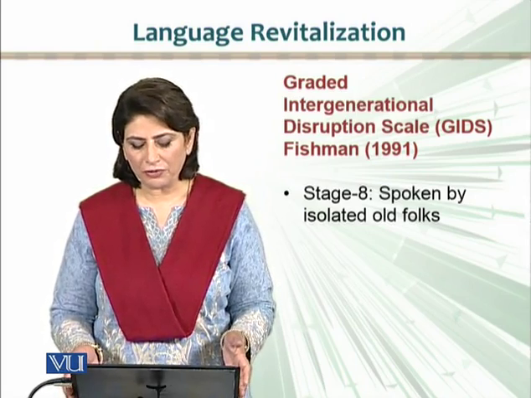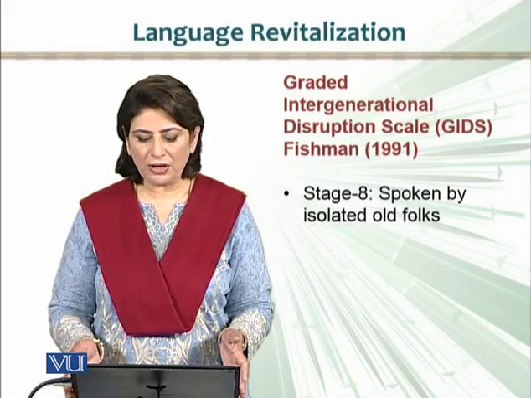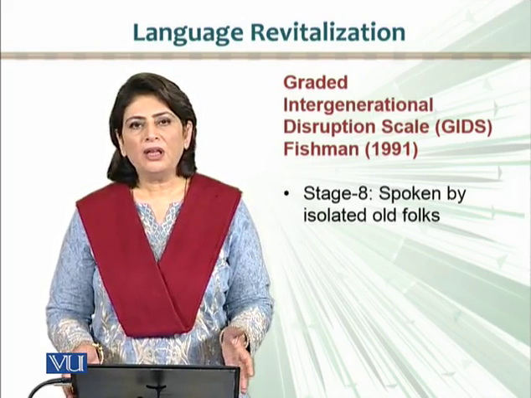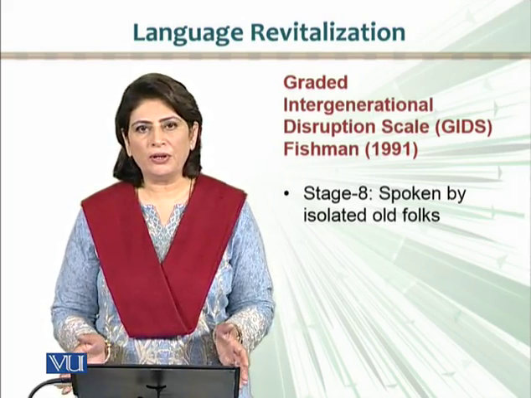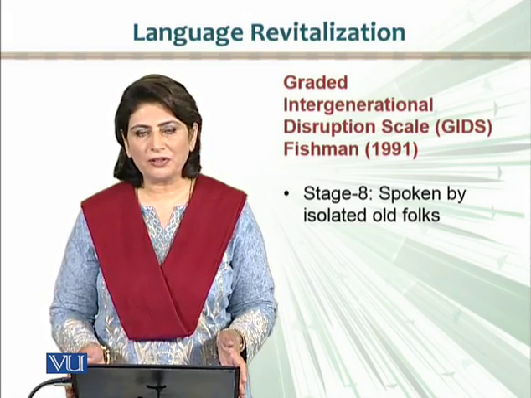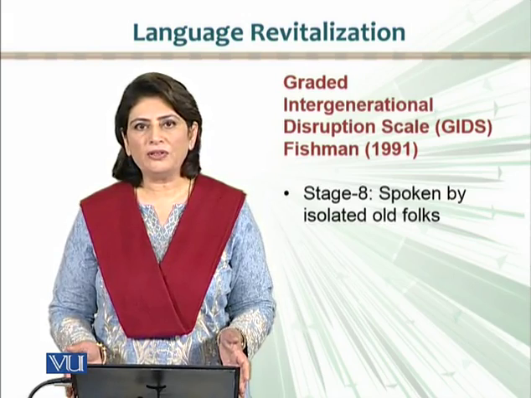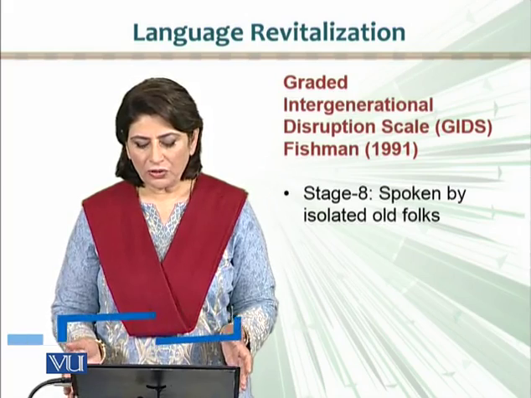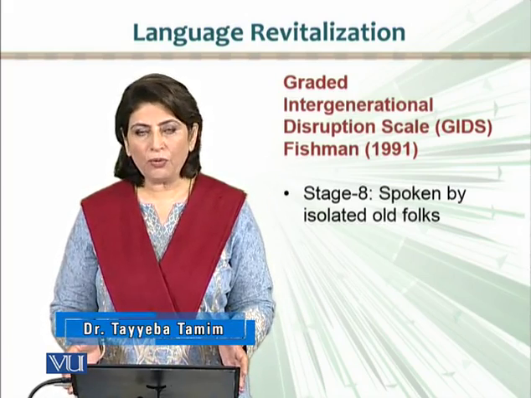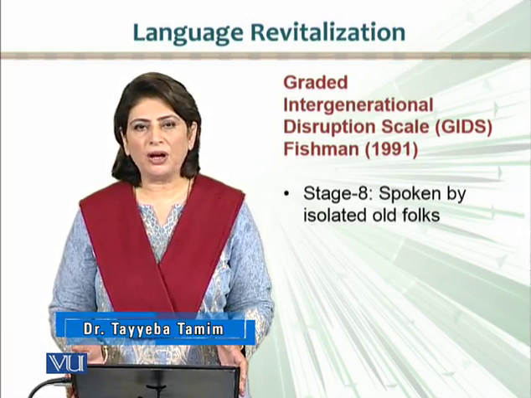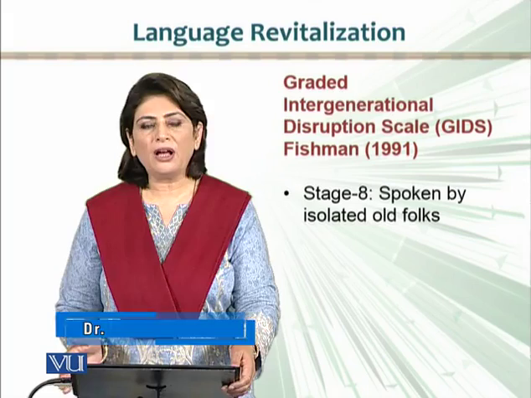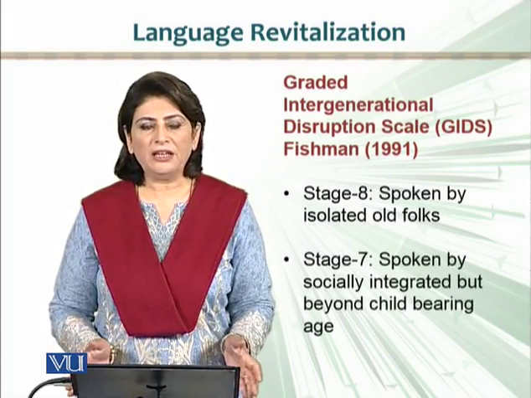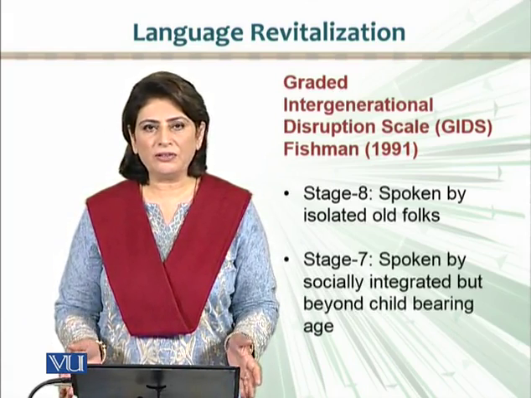identify the language shift. This graded intergenerational disruption scale, presented by Fishman, 1991, outlines 8 stages of disruption across generations. And the higher the score or the stage is, the more language shift has taken place. So stage 8 says that if the only people who speak a language are old people who live in an isolated, more or less isolated state, then that means that it is at stage 8